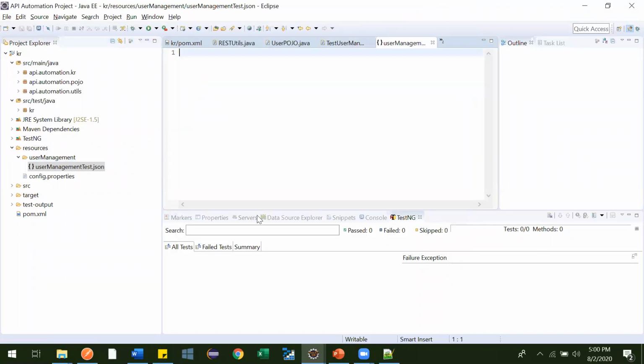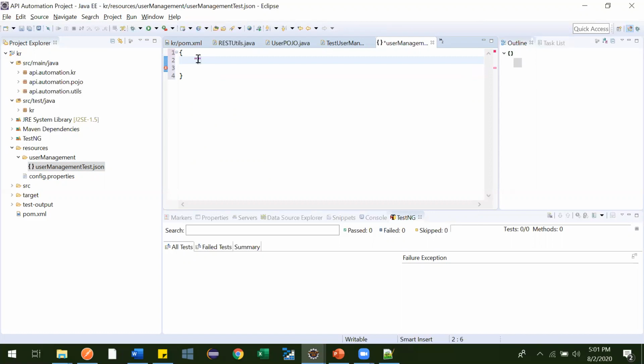As soon as you provide it, one JSON file gets created, and here it is indicating curly braces. So this is the format. Now we have to write, for which method, what value we will be providing.